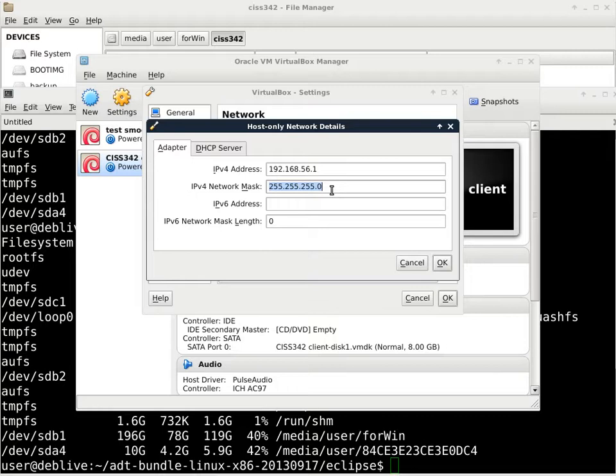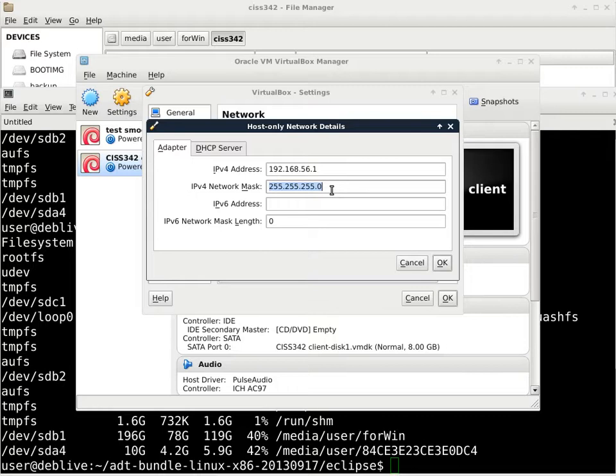TCP/IP is a specific protocol that allows you to talk to another machine through a network of networks. And that's why the name is internet, and not intranet. So when you specify an IP address, it is usually specified as 4 numbers, each one going from 0 to 255. The reason it goes from 0 to 255 is because 255 is the largest number you can specify with 8 bits, or 8 binary digits. So in this case, the IP address of the host, not the virtual machine but the actual machine itself, is